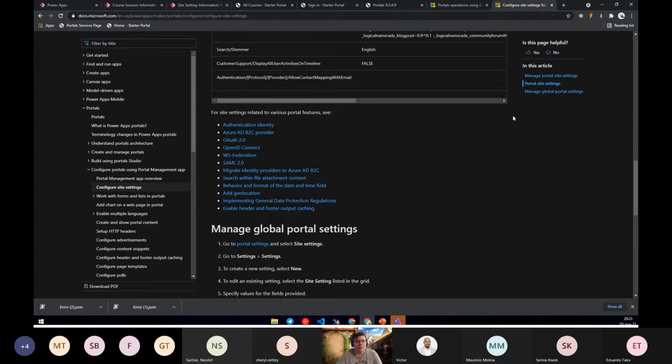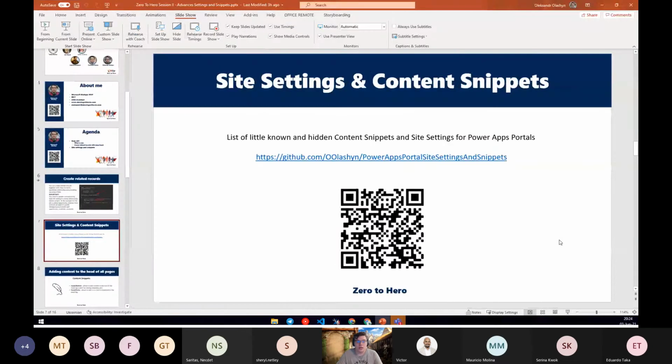Luckily, some of them are simplified. Like for authentication, before this new simplified experience, you would need to go and create necessary properties, and you still need to do for some things. But generally, Microsoft did a good job of adding UI for it. However, not all of them are easily available, and not all of them are documented. So yeah, I created a GitHub repository called PowerApps Portal Site Settings and Snippets,